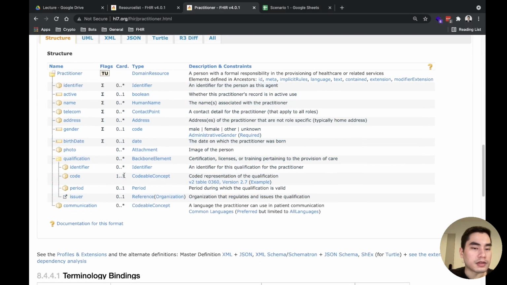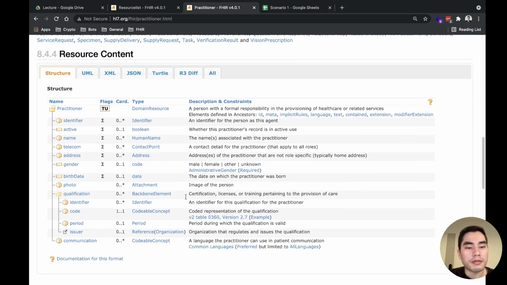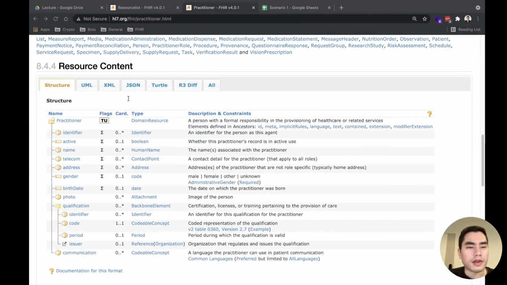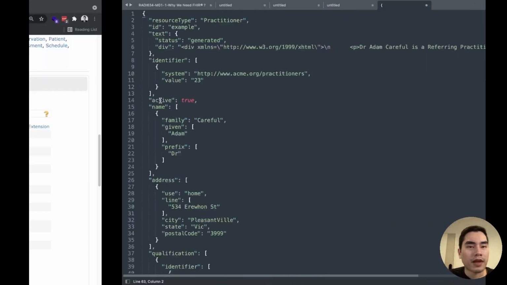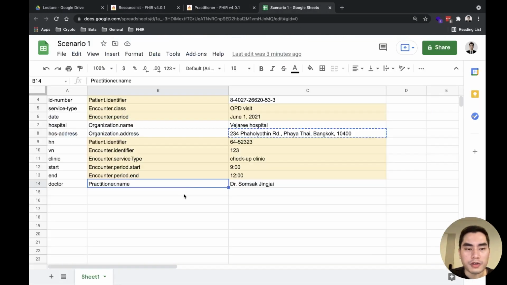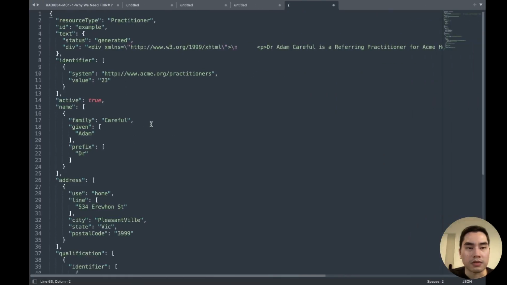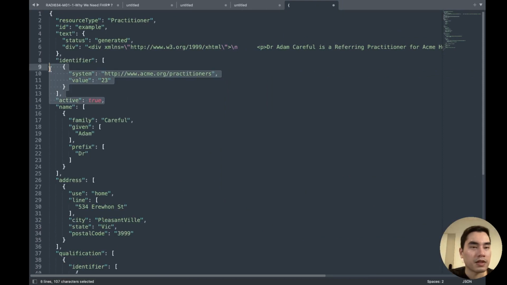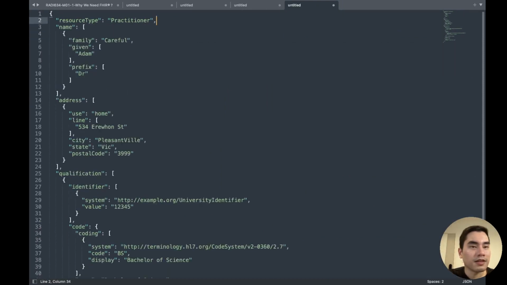No, this one is required only in case we have this one. So if we don't put this one, we don't have to put this one because it's a child of this thing. So we don't have any requirement, and we don't know the identifier of the doctor also. So we only know the name. So just keep the name then. Okay.